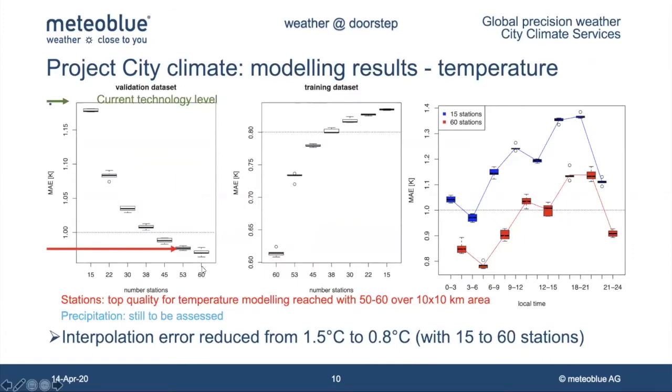Here on the bottom axis, you see the number of stations used for training the model. And on this other side, you see the respective number of stations used for testing, and here for training the model. So what you see is if we start to use something like 45 stations for training and 45 stations for